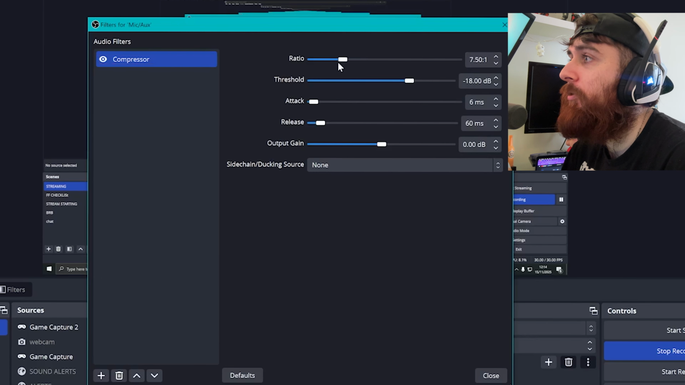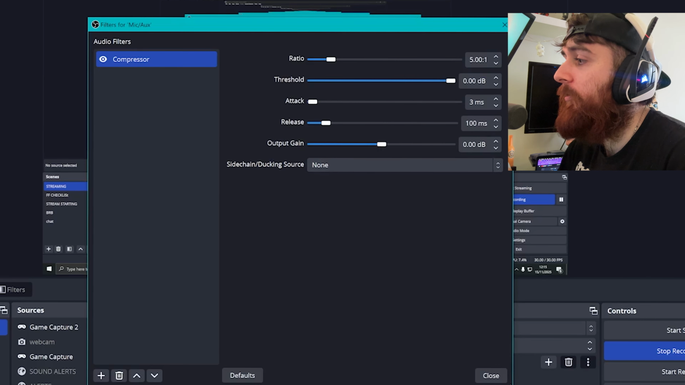The attack is a little bit high here. We're going to change that down to around 3. Release will stick on about 100. And then we'll leave the output gain where it is for now, because if you sort of shrink this window,